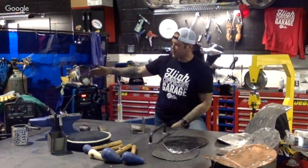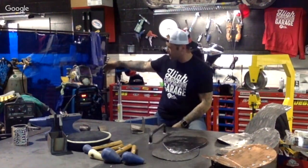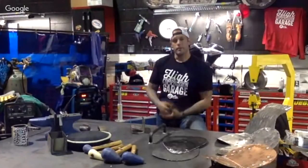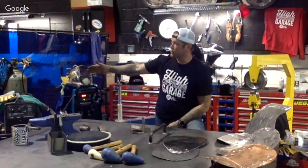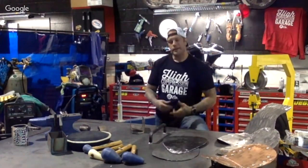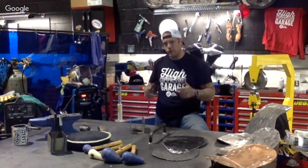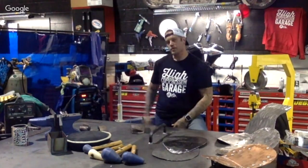So right here, I've got a MIG welder and a TIG welder. Primarily, we're using MIG. We always use gas on our MIG instead of flux core, where the gas comes out in the wire. This one, we're just running straight gas through it. That is mostly used for tacking things together. If we want a more precise, more glamorous looking weld that looks pretty darn good, we're going to use our TIG,